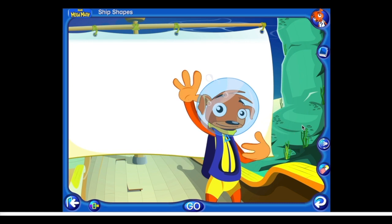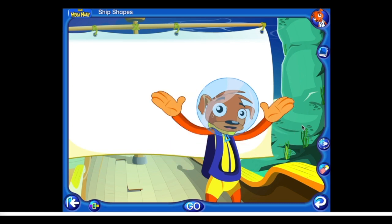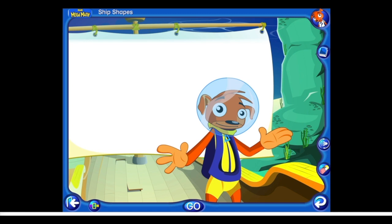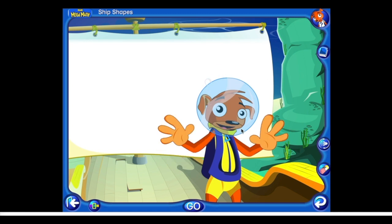Hi, I'm Callie. Welcome to Ship Shapes. In this module, you will find out a lot about different shapes. You can use these shapes to...